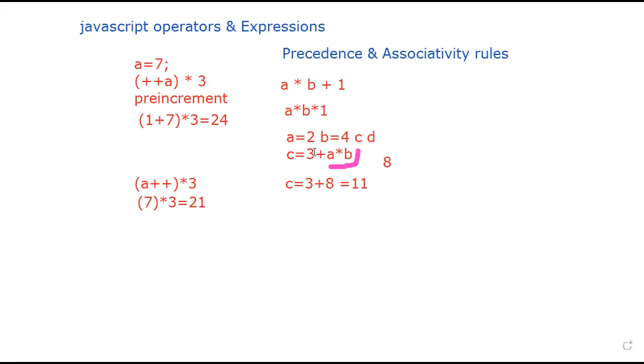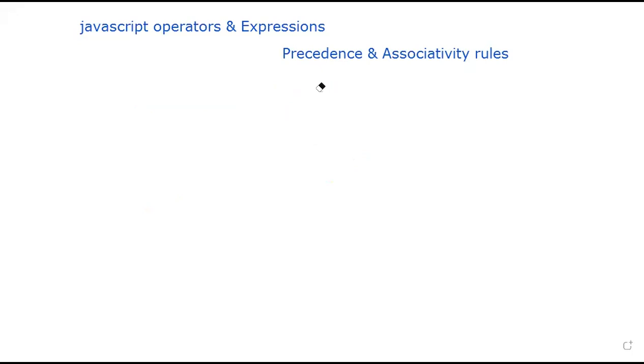Now, let me take another example. Suppose the same values I will take. For example, A is equals to 2, B is equals to 4. I will just assume that I have declared the values A, B, C, and D. Now, in D, I want to solve some expression such as B divided by A divided by 2. Now we can see that the expression is having the same operators, isn't it?